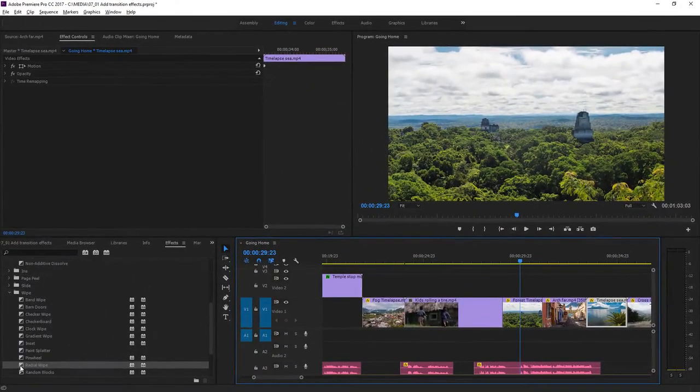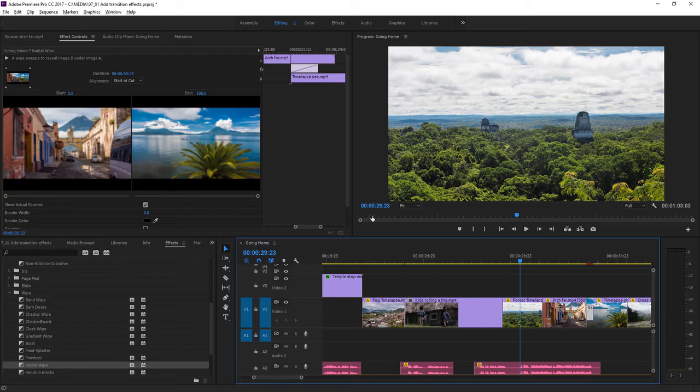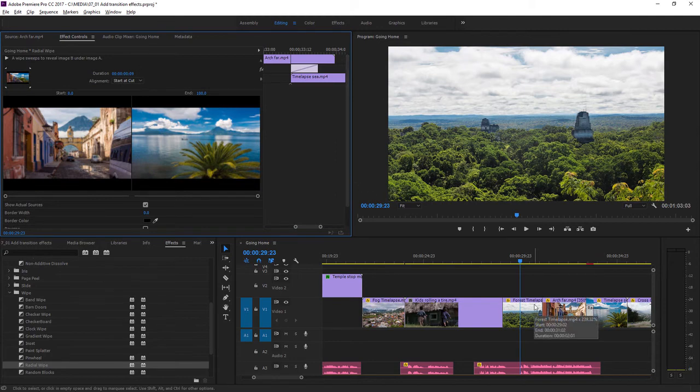Let's put that radial wipe on, and maybe I'll adjust the timing to make it a little shorter. As you can see in the Effect Controls panel, now I've got the radial wipe selected, we have a few more options. If you're happy with the timing of a transition effect, you can replace the effect and keep that